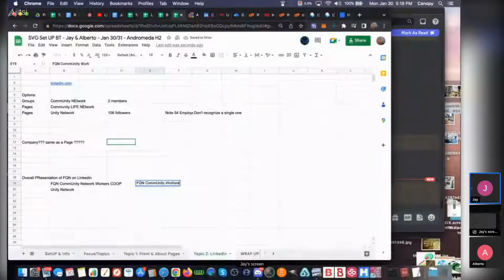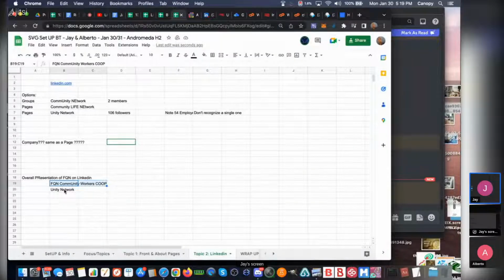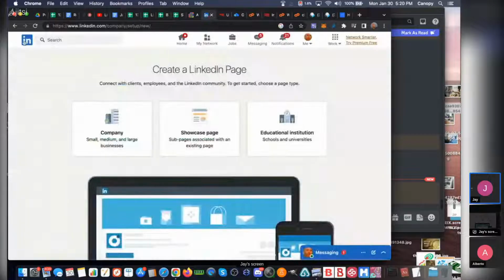I don't know how we want to call it, but anyways, for me, that's a really important one, because this is where we would have the primary overall umbrella for FQN administration, and then you have the Unity network, and then we're going to have social value group, right? So I think we're going to end up with 3. And the main reason that, the